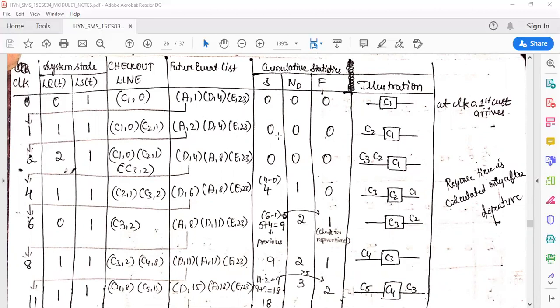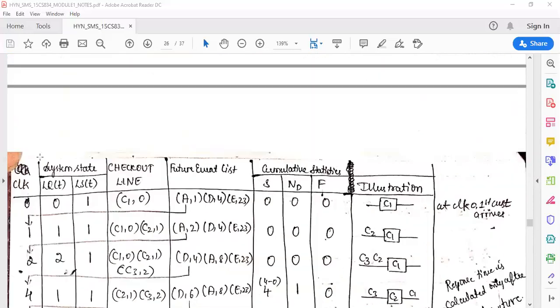Always remember, in the FEL there will be one arrival, one departure, and one end of the simulation. Only 3 values should be there, right? So since there is no departure, these values will be 0, 0, 0. Next, remove the imminent event from the list, so advance the clock from T to T1. What is the time? Time is 2. What happened? Arrival comma 2.